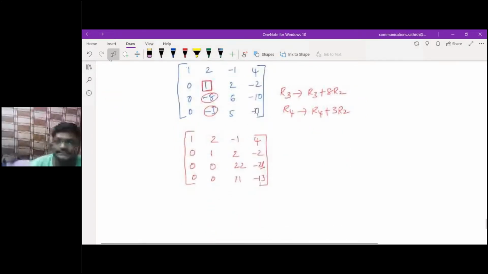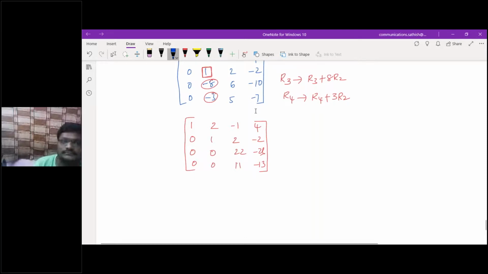Am I correct or wrong? Yes, sir. Row operations only I'm doing, nothing more than that. Again, see, this is the first diagonal element, second diagonal element, then third diagonal element. By using this third diagonal element, I want to make this as 0. Then what I need to do here, R4 as what? 2 times R4 minus R3, or not? If I do that, what I'll get?